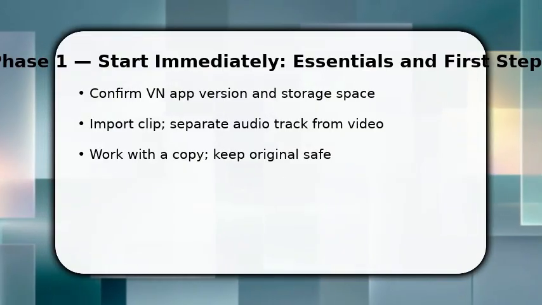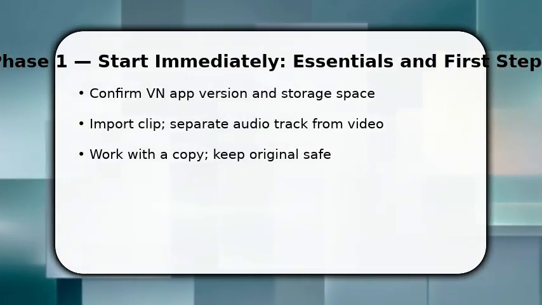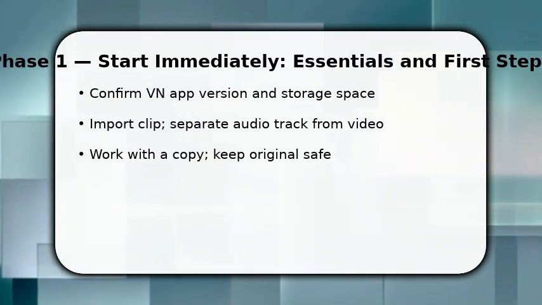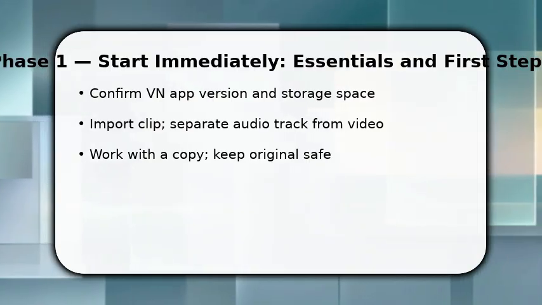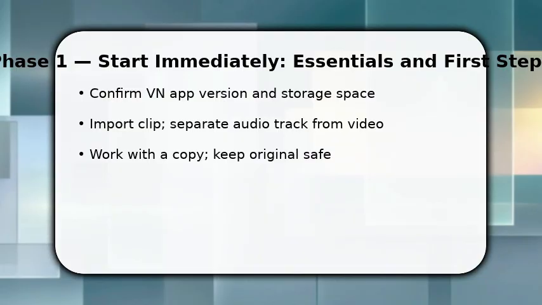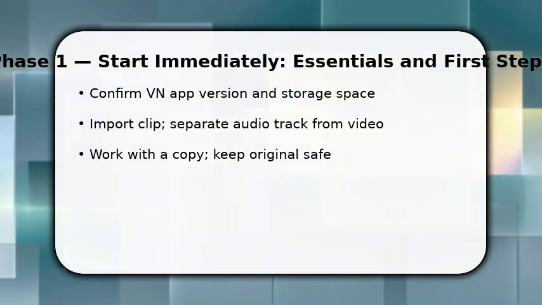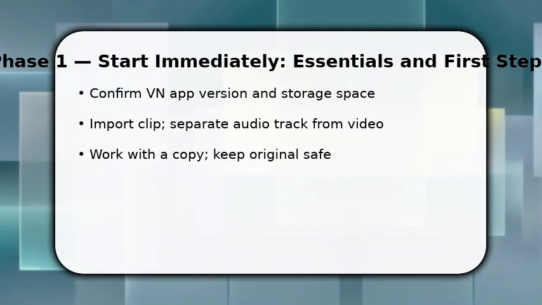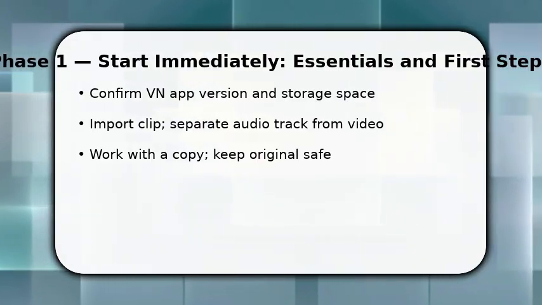You start by preparing your project and getting the audio into VN. Import your video, then split to extract the audio so you can process it alone. Once done, make a duplicate track to preserve the original in case you need to revert. This prevents rework and preserves quality. Make sure to note sample rate differences. They affect processing. Now you have a clean workspace and an isolated audio clip to apply noise reduction and edits